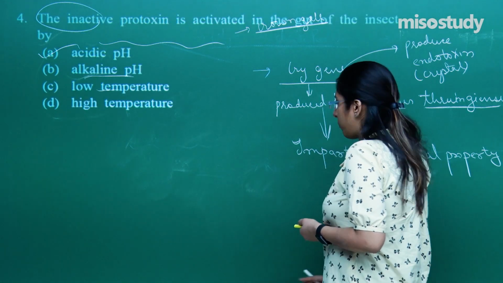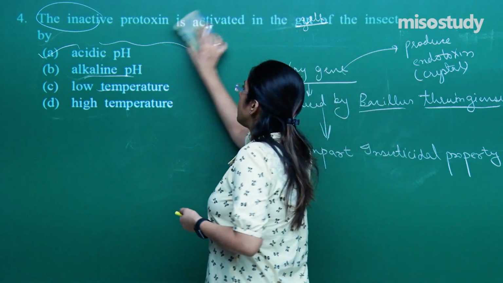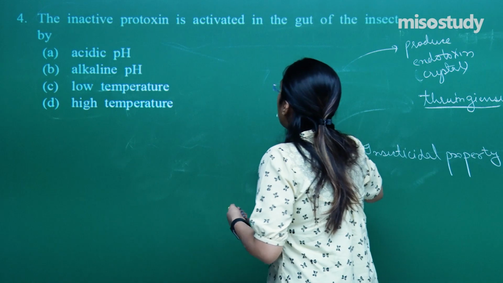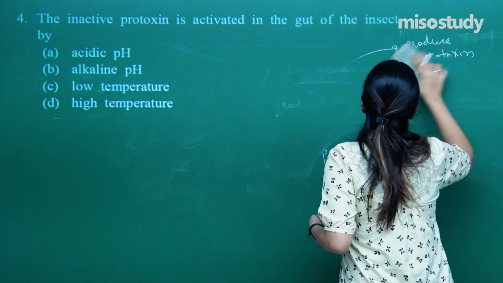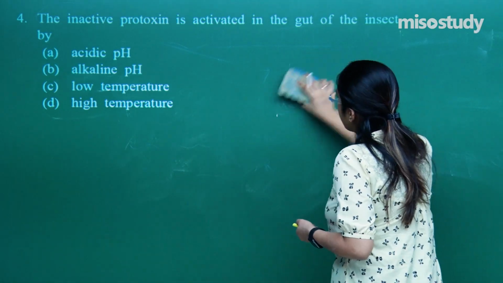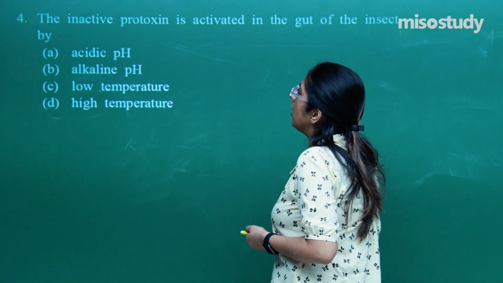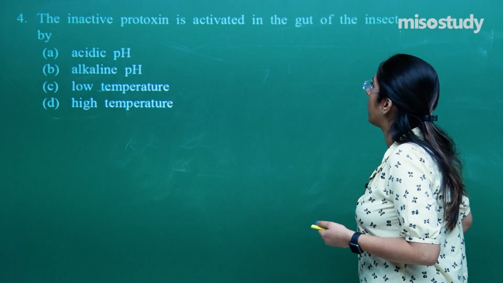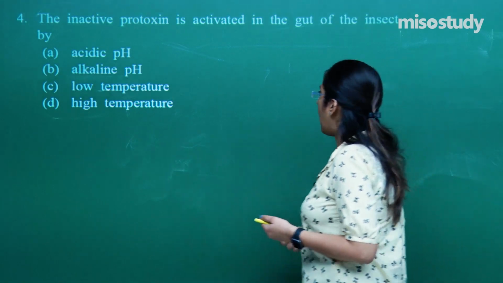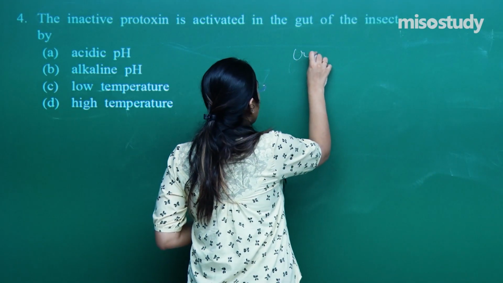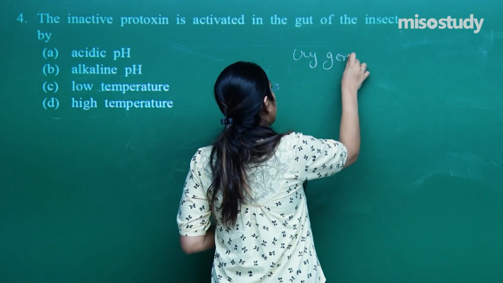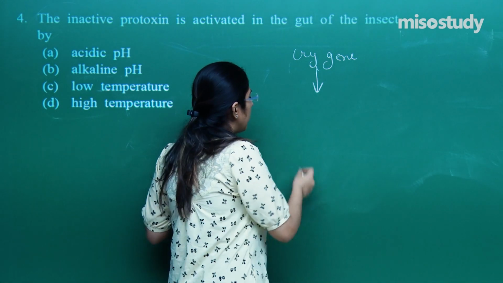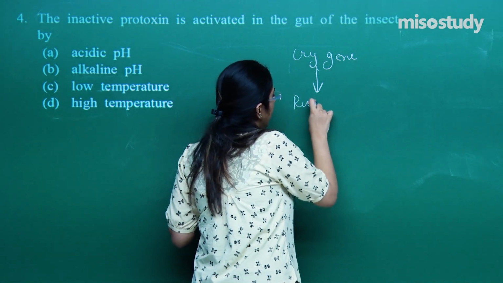Let's look at question number 4. This is also related to Bacillus thuringiensis. As I have told you, they have the cry gene. Let's look at the question. The inactive protoxin is activated in the gut of the insect. Now, as I have told you, that particular cry gene is taken, and with the help of recombinant DNA technology,